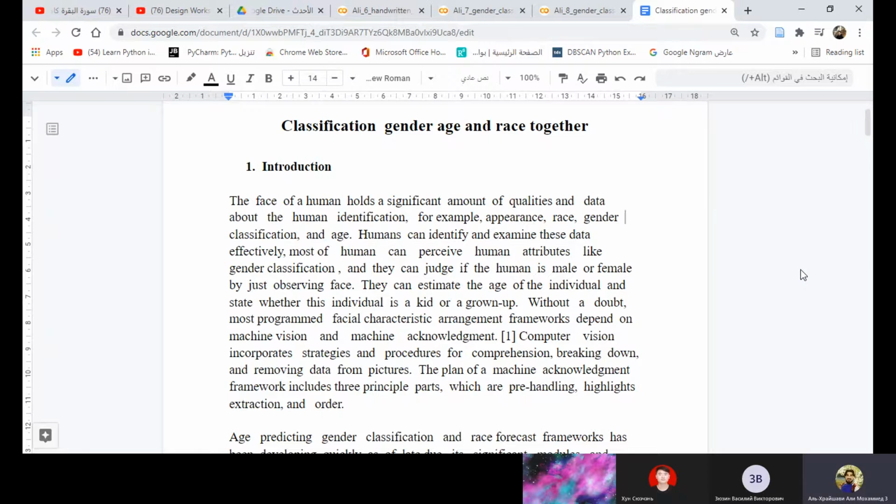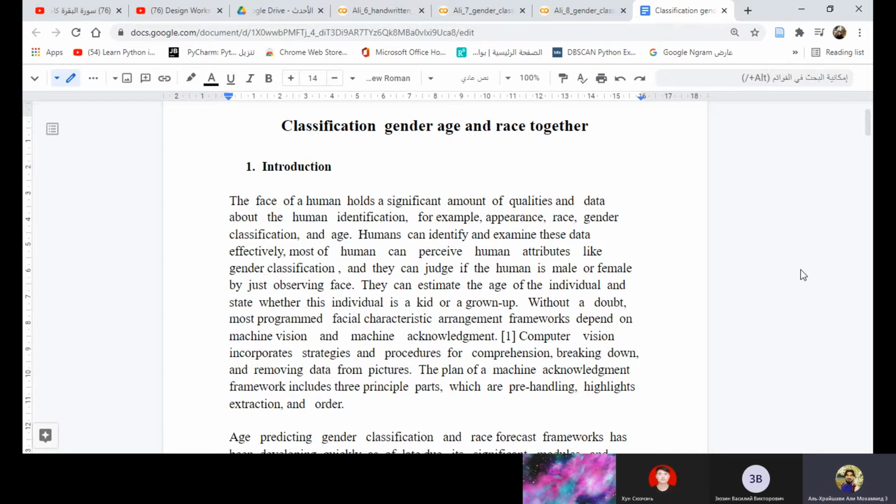Humans can identify and examine this data effectively.